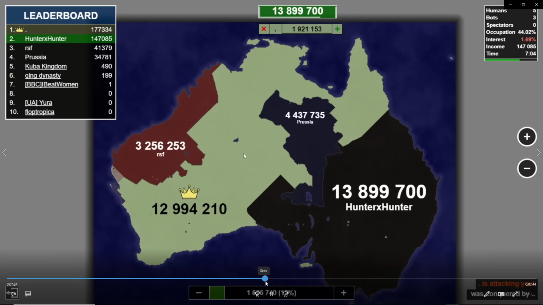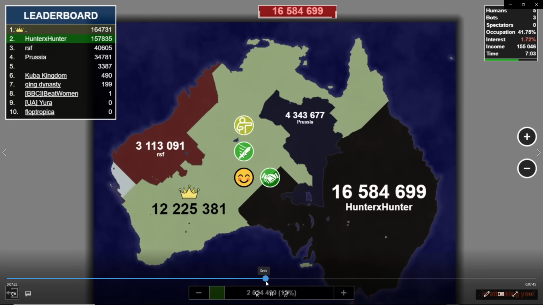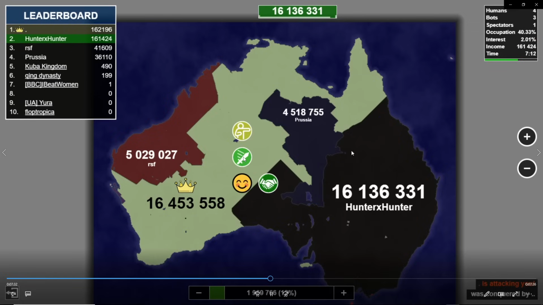Now I kind of speed this game up here. You can see that the crown is slowly but surely falling off. Prussia's now gotten involved. RSF's gotten now involved. And I've closed the gap. I'm about 10,000 pixels behind him with help. So now people are going to be wanting to help me